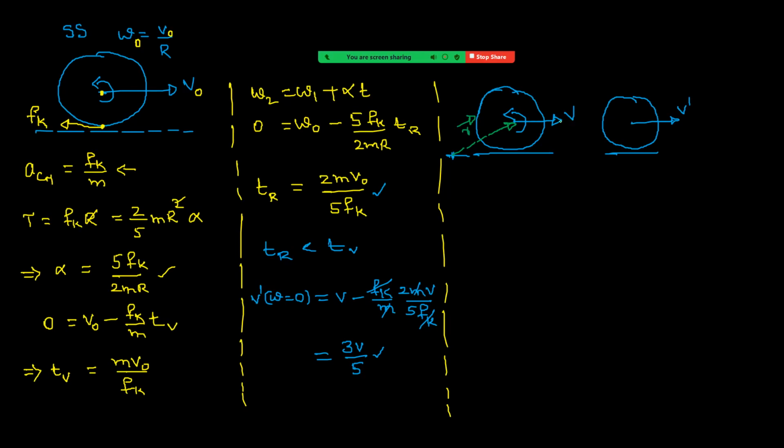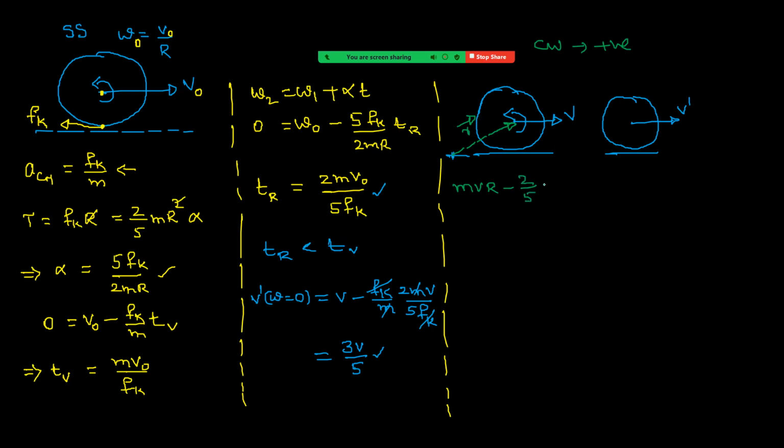It will be clockwise, so because of translation, angular momentum is clockwise. Let us take clockwise as positive. Then because of translation, it is positive m v R, and you can see rotation is anti-clockwise, so minus